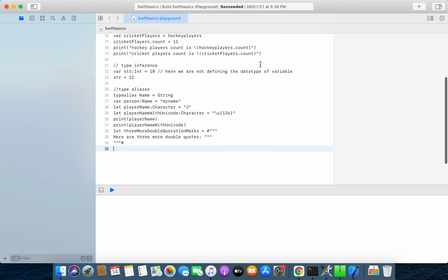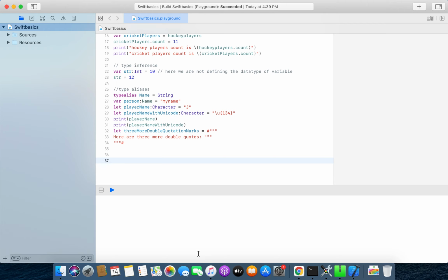Now we are going to create a boolean variable. If you remember in the first tutorial, we discussed how to change the background color of a view on a click of a button, and there we created an isColorChanged bool value. Now let us do the same thing in the playground.